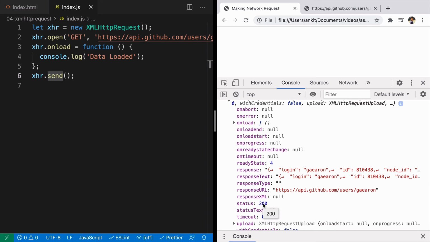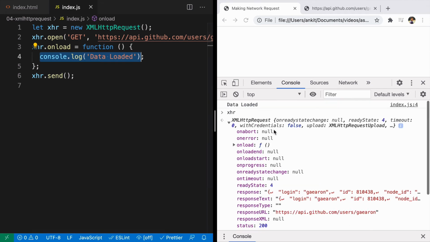And you must have seen something like 404 somewhere. 404 means something went wrong, the network request that you made is not successful, but 200 is successful. So now what has happened is we have created an instance, opened this URL with a get request, and we are saying whenever the data is loaded, you have to call this function. But this one is not useful at all because it is just logging the message data loaded.